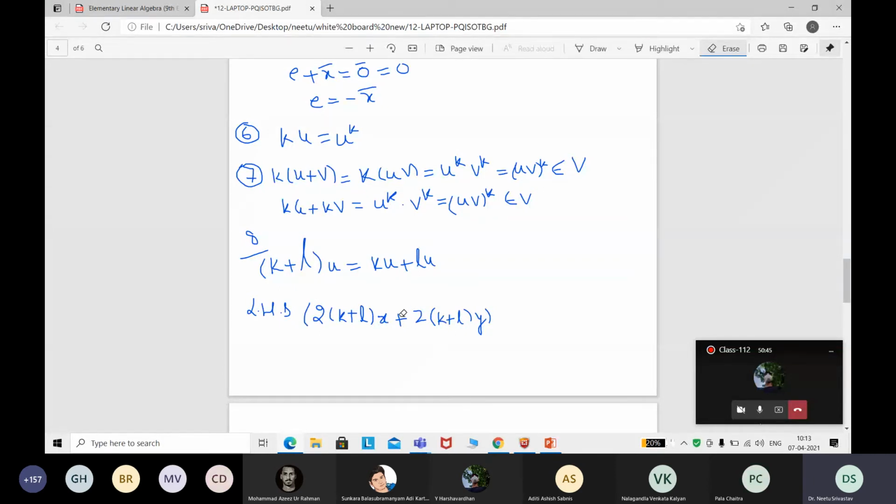And when it comes to RHS, we should treat it separately as axiom 9, KU plus LU. RHS is KU, so you have to multiply here. U has X comma Y components. So when you are multiplying K into U, I will get